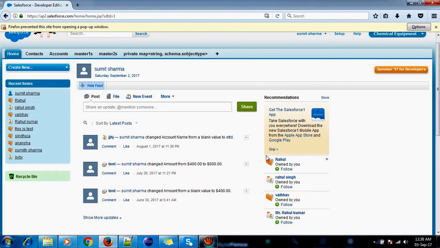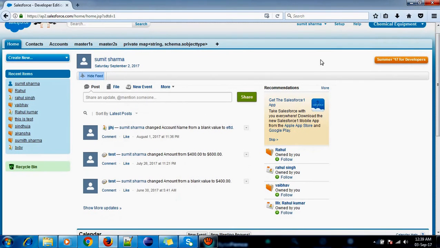We are going to see what is the use of action poller in Salesforce. Action poller does partial page refreshment based on a time interval. The poller sends an Ajax update request to the server according to a time interval that we specify. So today we'll see how we use action poller in Salesforce.